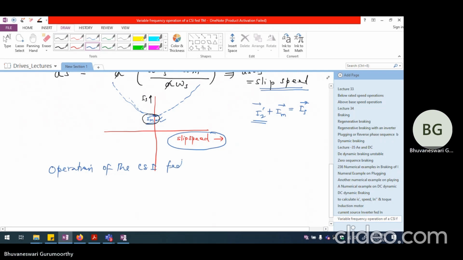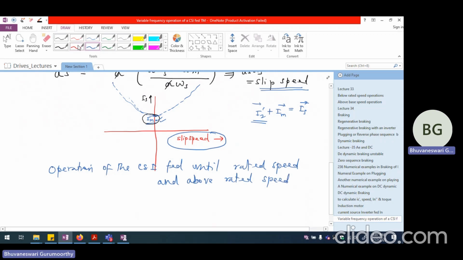until rated speed and above rated speed. So if we are talking about until rated speed, if we are talking about the rated torque condition,